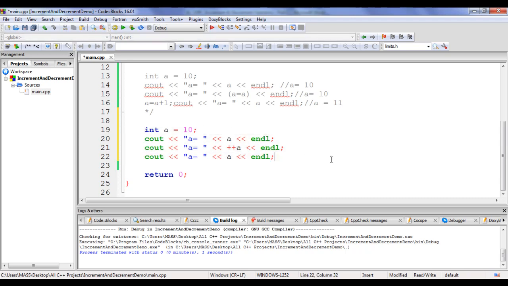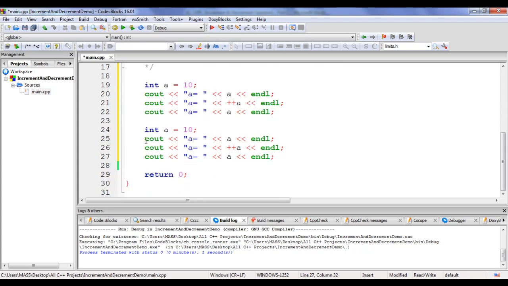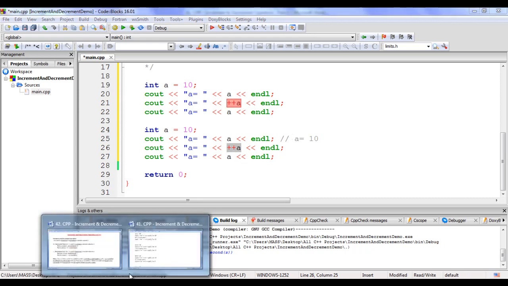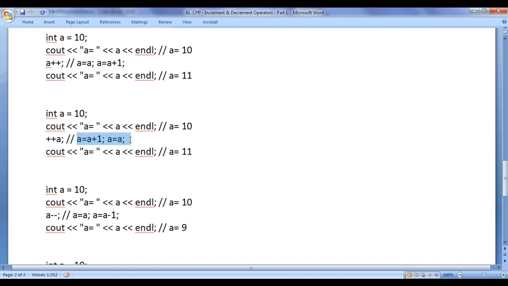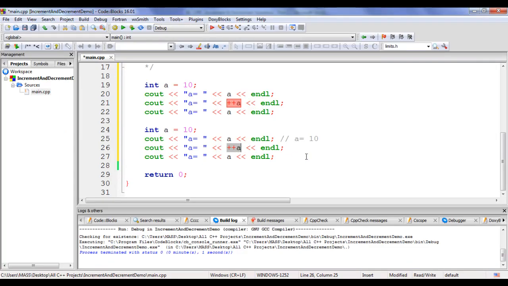What output do we get here, guys? Let me explain how this code is executed behind the scene. Before this line, the value of a is 10. Definitely we see here a equal to 10 displayed. Then we have plus plus a. We know that plus plus a is expanded to 2 statements. First statement will be a equal to a plus 1 semicolon, and the second one is a equal to a semicolon. The first statement a equal to a plus 1 is executed in the same place where we have written plus plus a, and the second statement a equal to a is executed just before executing the next statement in the code, guys. I put this inside brackets.